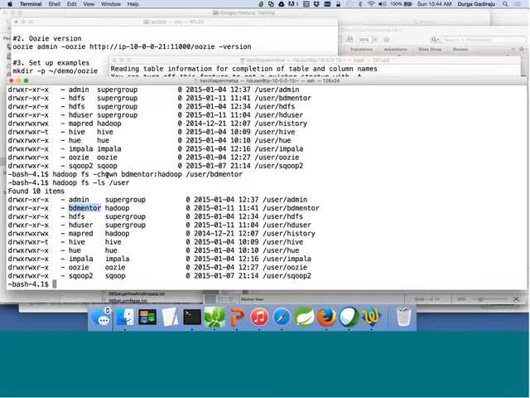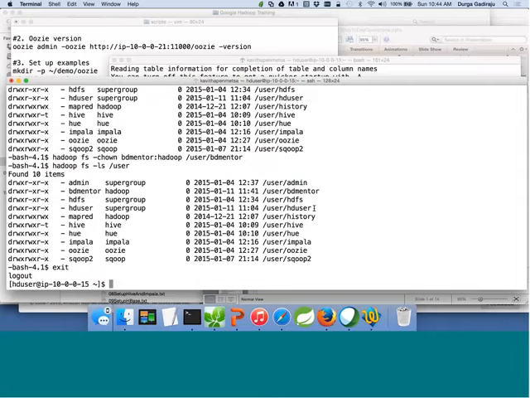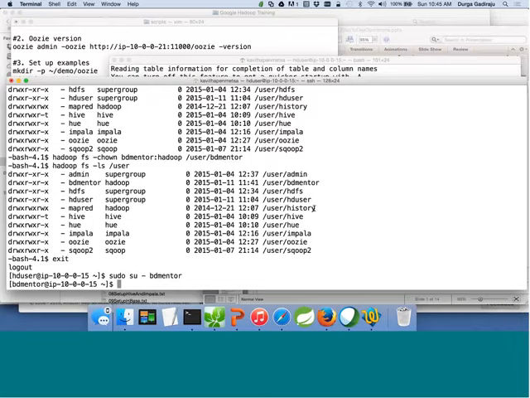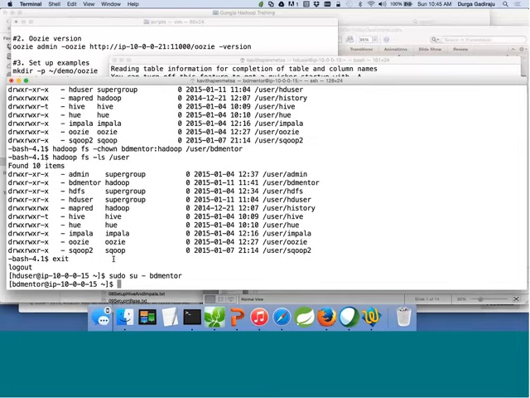To validate it, even though it is confusing, as long as the output looks like this: you have a directory with the OS user name, and the owner of that directory is BD mentor, and he has the RWX permissions, read, write, and execute permission. BD mentor should be able to work with HDFS. And the way you should validate is by logging in as BD mentor. Okay, now the OS user is BD mentor,